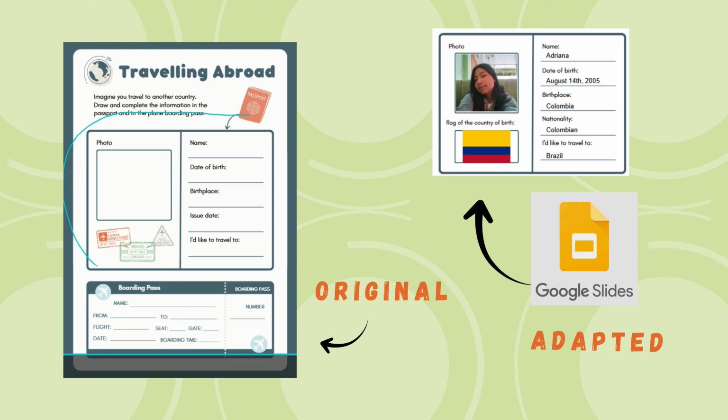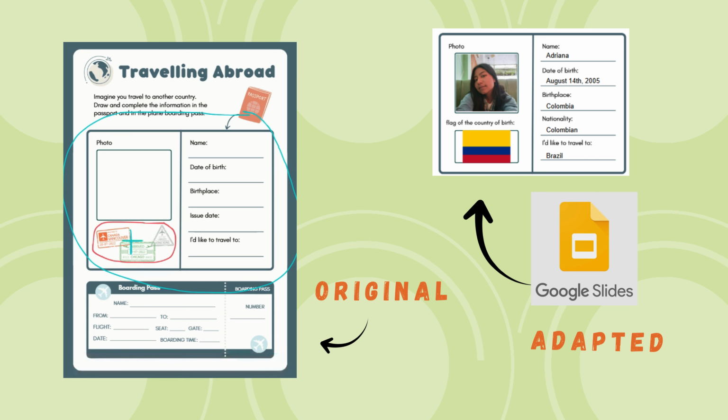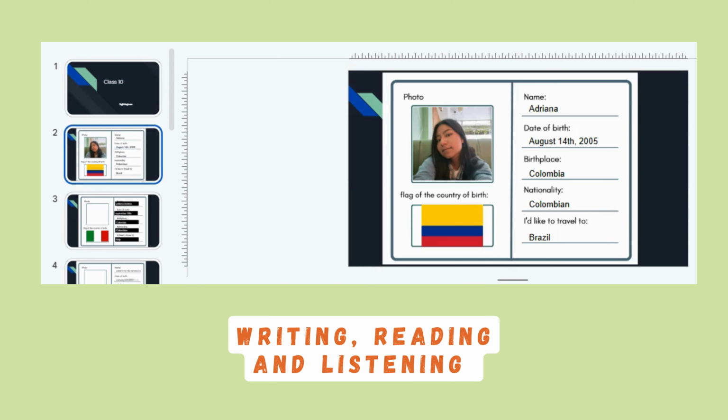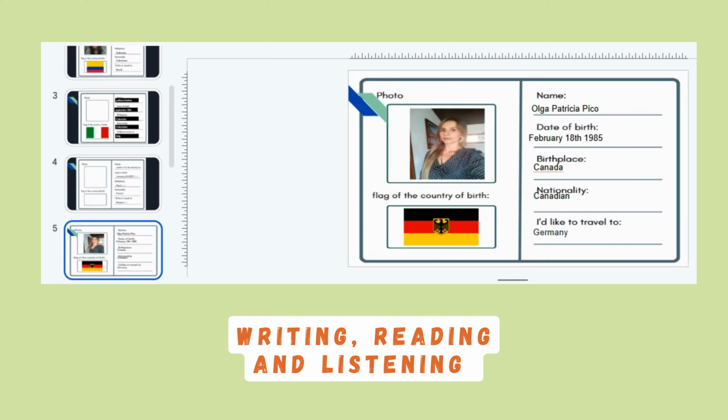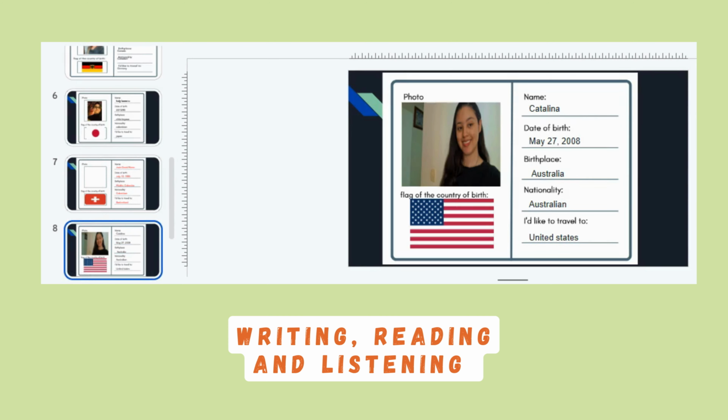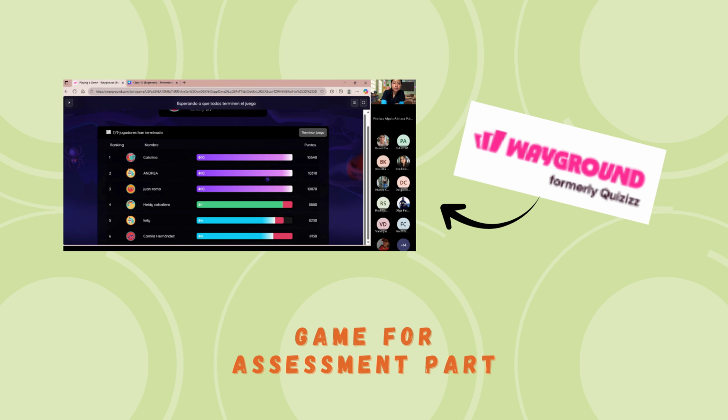For communicative practice, I adapted a passport in order that my students could practice their writing, taking into account, of course, the level and vocabulary that we have learned in previous classes, adding the topic of this class, and then sharing the information, reading and listening to the different answers. For that reason, I implemented this activity in Google Slides because with this tool, the students can easily edit and interact with the information among them.